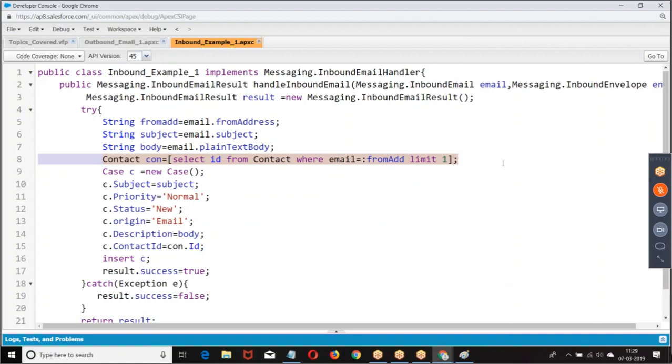So immediately when a case is not created, I went to the contact. I modified one of the contact email addresses, Satish Malanotes. The record was created. Was that clear for everyone? The issue was with respect to what? DML failure. Why the DML failure? There is no contact record coming. Why is there no contact record? Not even a single record with the email address satishmalanotes@gmail.com. That's why contact came as null. It threw an error message. There is a reason. What I have done is I went to the contact record and modified one of the contact email addresses as Satish Malanotes.